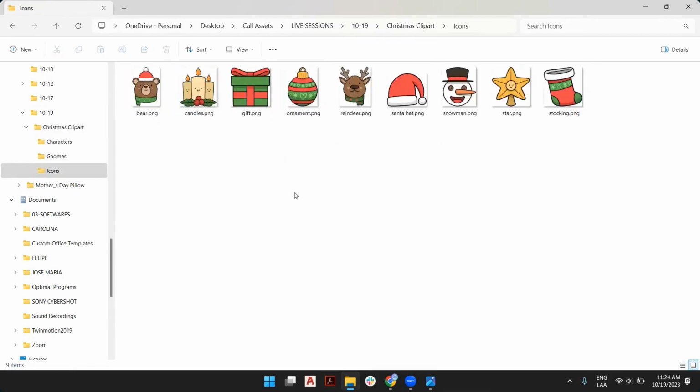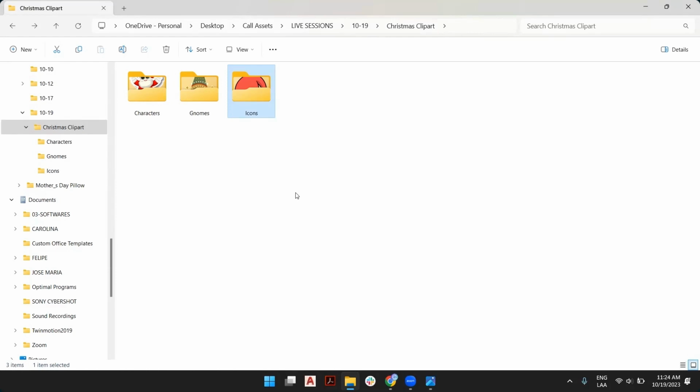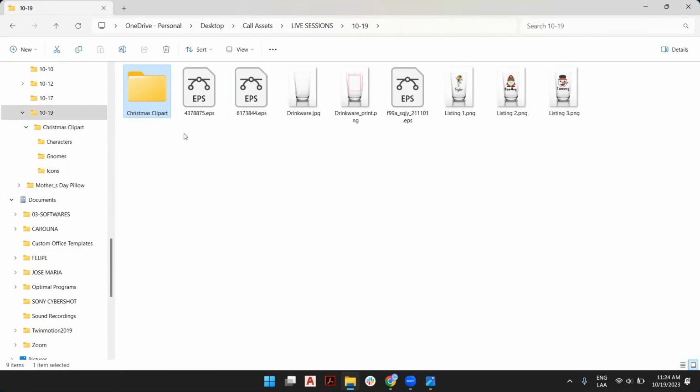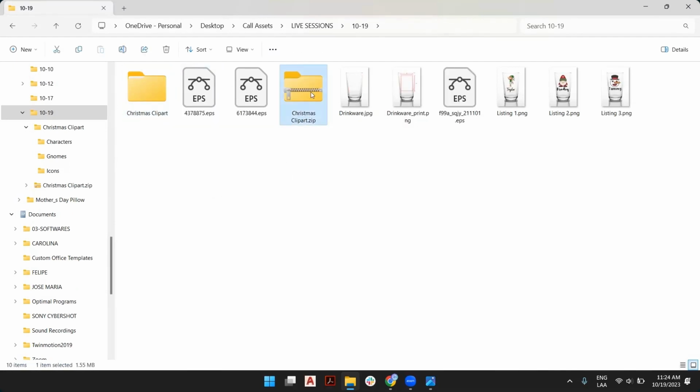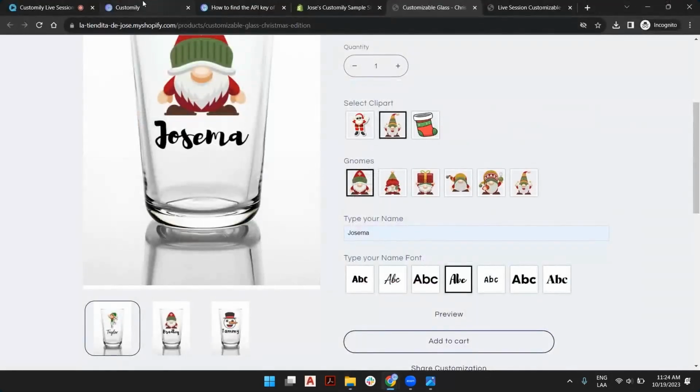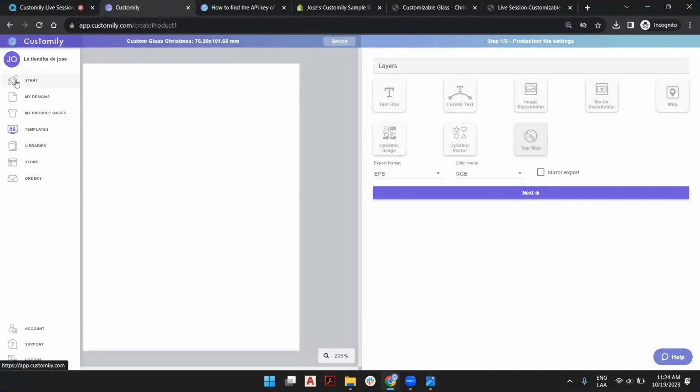Whenever you purchase a group of cliparts, you can create different folders and different categories, so you can organize your assets depending on how you want to offer them. You may want to have a folder for the skin colors, another for the hairstyles, and inside the hairstyles you will have categories for different types of hairstyles, and the same, another folder for the garments and the pants and the t-shirts and stuff. So that way you can organize everything together, and what you can do is zip this like that. And if you go back to Customily,